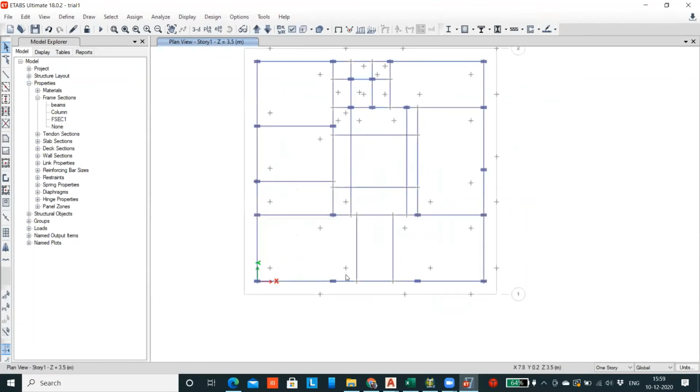Okay, you can also delete these nodes that are also there. You can delete these nodes.